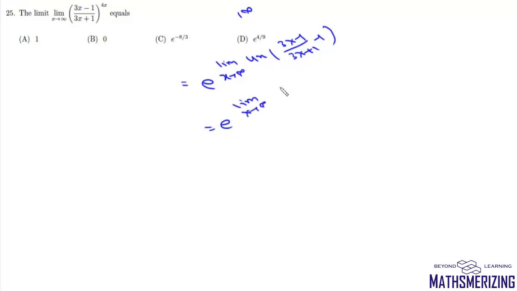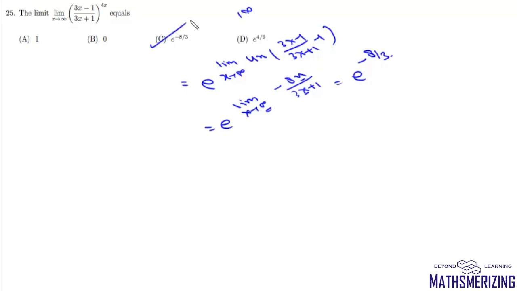Now question number 25. Again it is of the 1 to the power infinite form. So we'll use the shortcut. It'll be e to the power limit x tends to infinite of g(x), which is 4x, times (f(x) minus 1). So it'll be 3x minus 1 upon 3x plus 1, minus 1. So we'll get limit x tends to infinite of minus 8x upon 3x plus 1. Now this is an infinite limit. Highest power is x. So this limit will be e to the power minus 8 by 3,